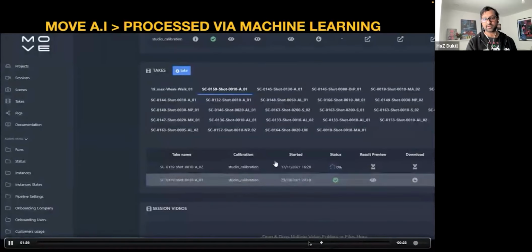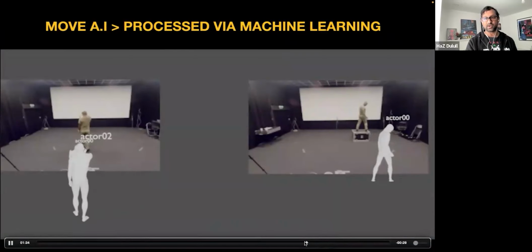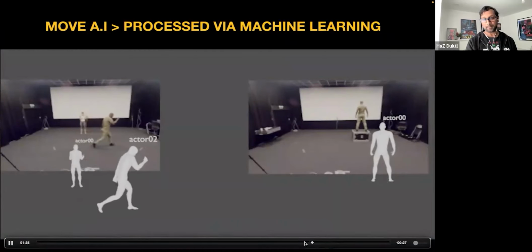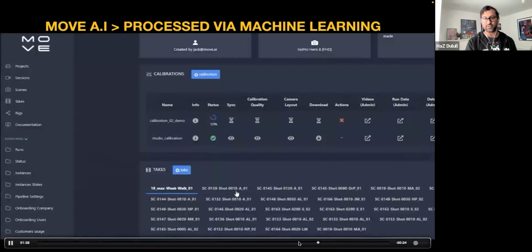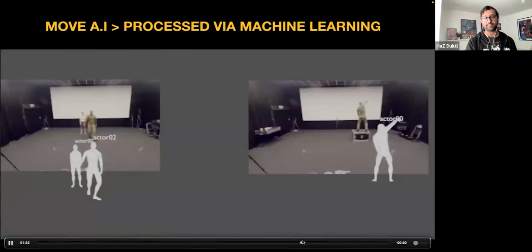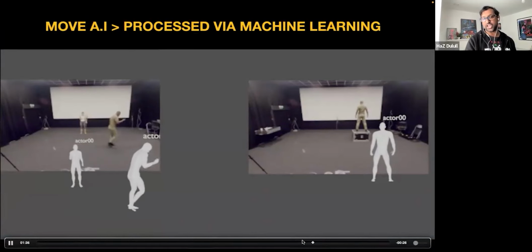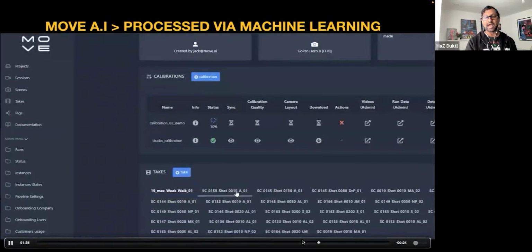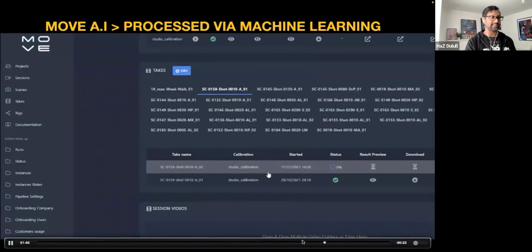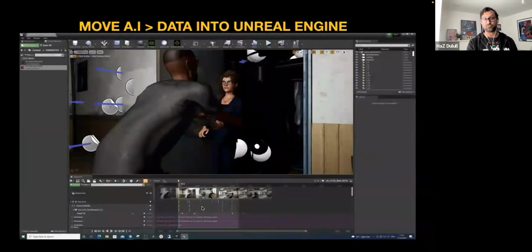And actually, let's have a look. Here you go. So you can see here, it's like a one-on-one. It's pretty close. I mean, there are a few discrepancies that you have to go in and clean up, but that's pretty much straight out of GoPro footage. So this is changing the way we do mocap a lot. Now, I'm not saying this is perfect. Obviously, there's a reason why we have Vicon systems, but this is pretty good. And this is raw footage I'm going to show you now. We just took the raw data and fed it into Unreal.